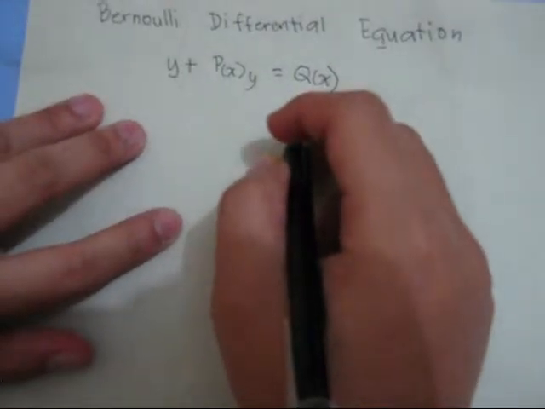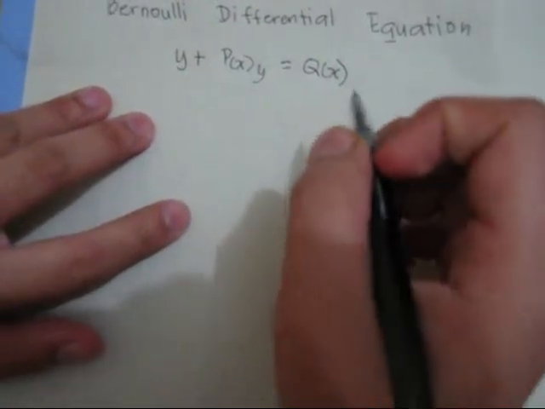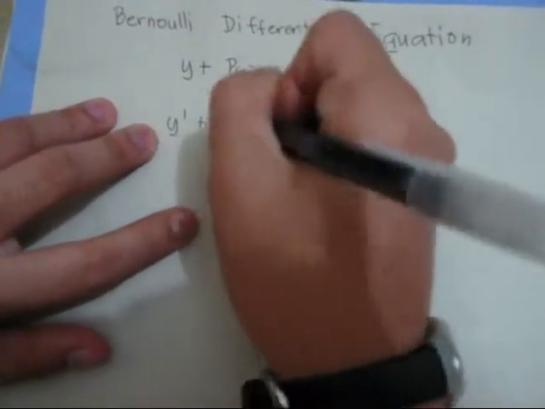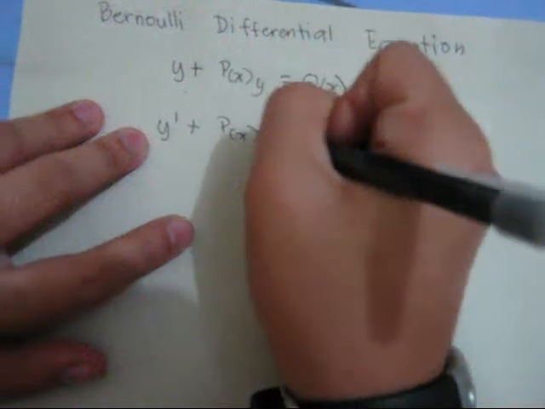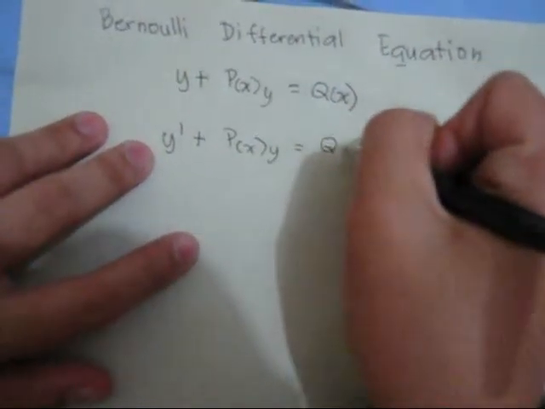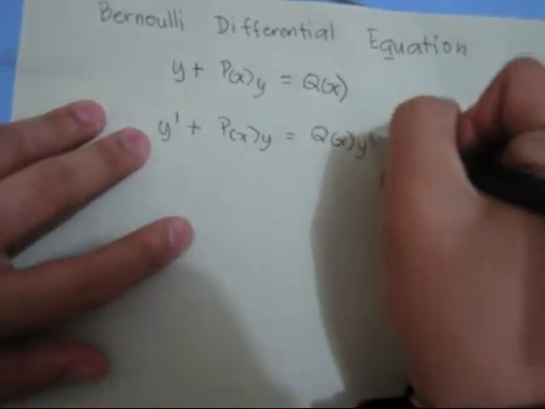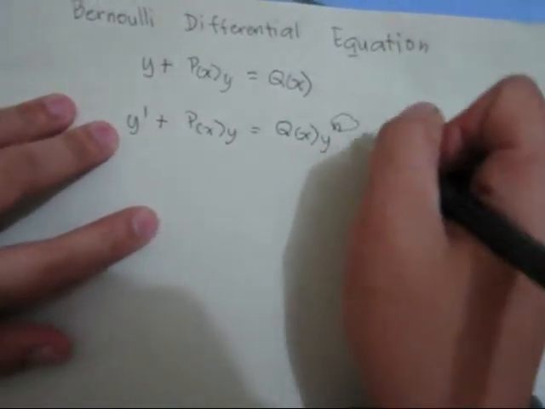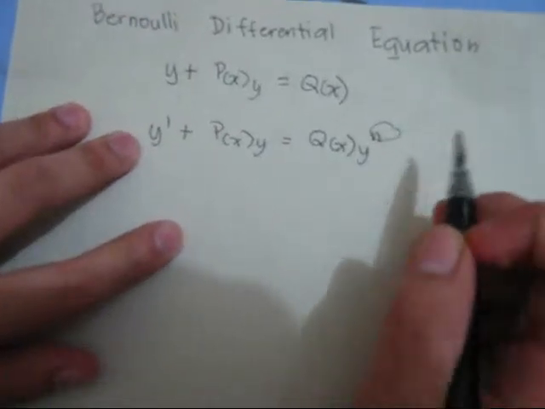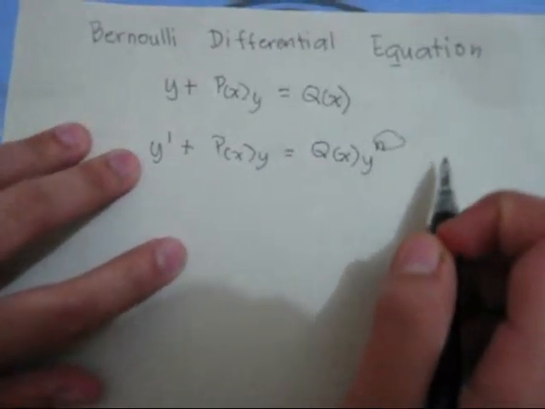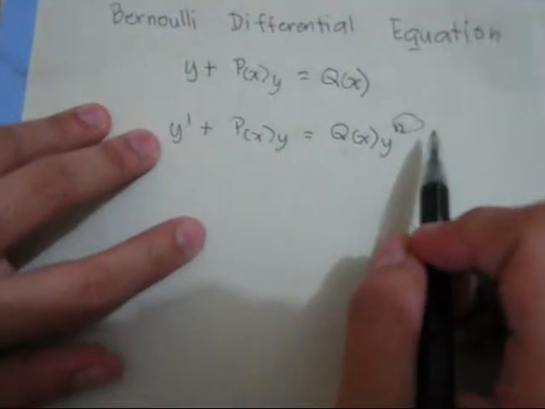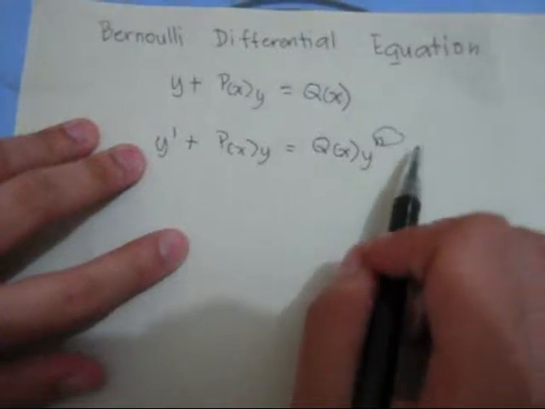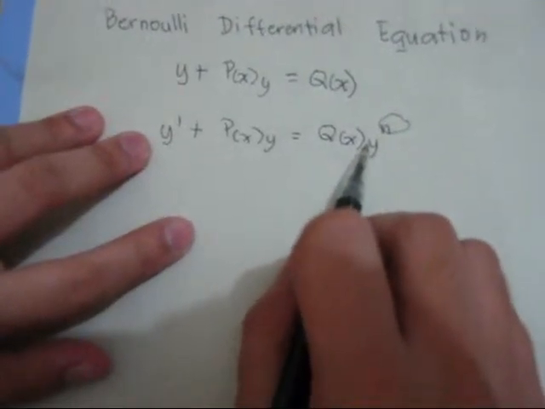Usually the general form of the Bernoulli equation is y prime plus p of x y equals q of x y to the n, where n may have any real value. If n is either 0 or 1, then it is linear. For all other values of n, the equation is nonlinear, and as is readily verified, the change of dependent variable